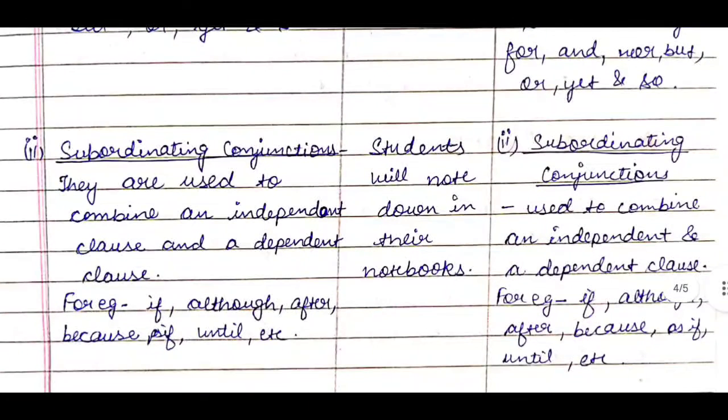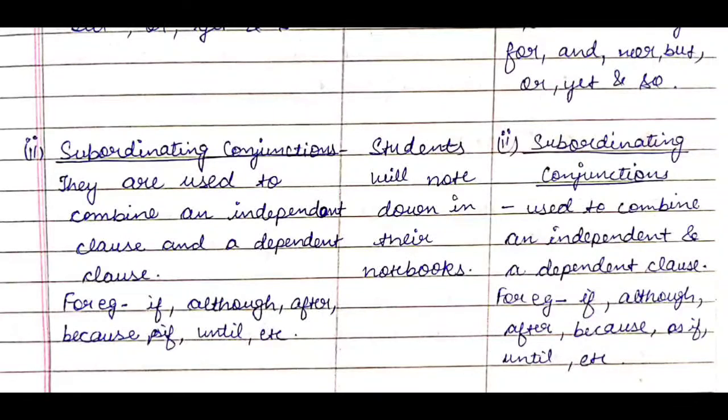The second one is subordinating conjunctions. They are used to combine an independent clause and a dependent clause. For example, if, although, after, because, until, etc. Students will note down in their notebooks whatever we write on the board. We'll again do the same thing. We'll write the heading, subordinating conjunctions, and define it: used to combine an independent and a dependent clause,